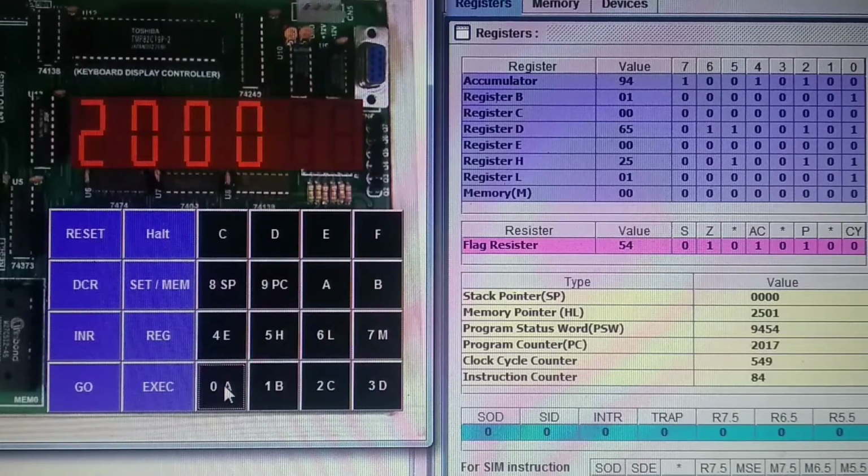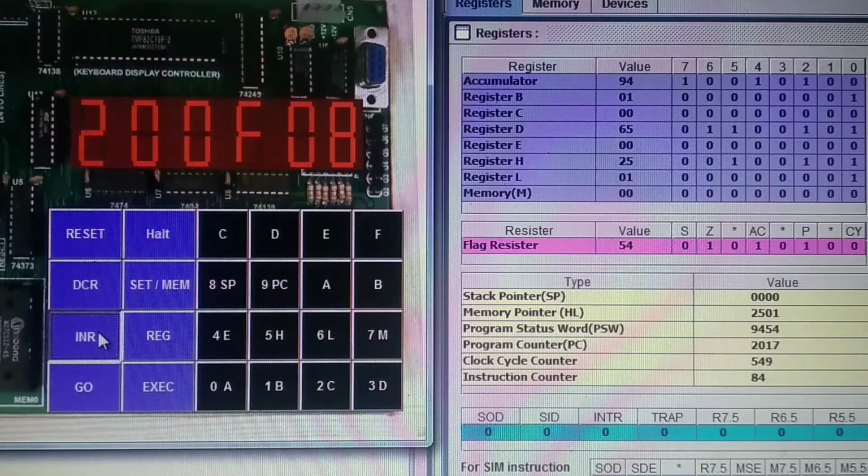Now the same program is executed on the microprocessor kit. Here I will show the content of each and every memory location. You can check it. You are having the program with you, operation code with you. You check the content. Up to 76 is the last, that is halt. Now you have to enter the data. Already data is entered here. Only we have to check the contents.